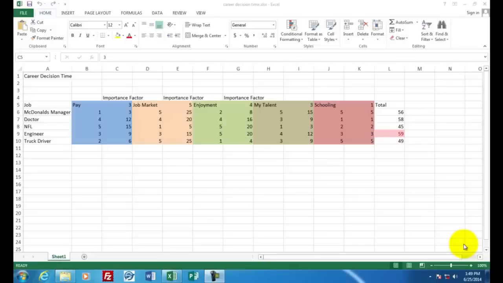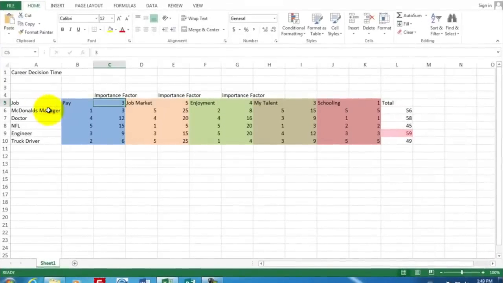Welcome to Excel assignment number 5. This is a decision chart that we're going to create using Microsoft Excel. Let's assume that you're going to choose a career based on several factors. We're going to consider several jobs here in column A, and several factors that would lead you to decide